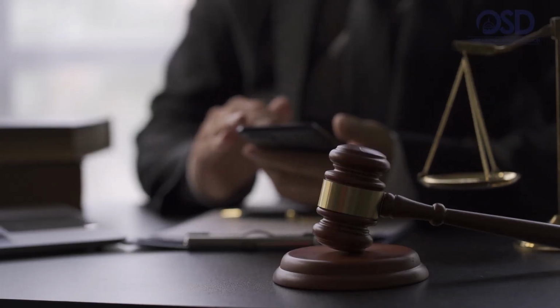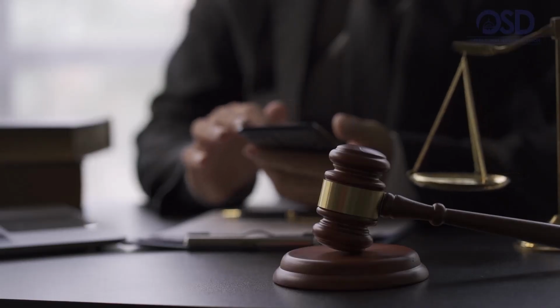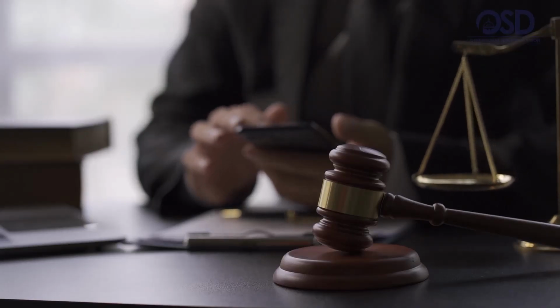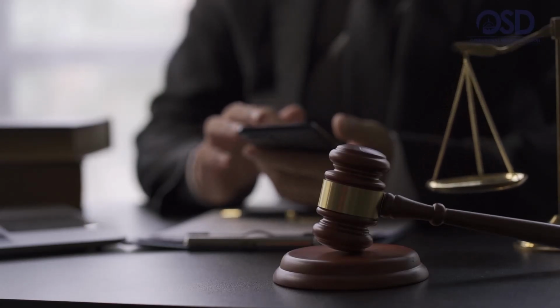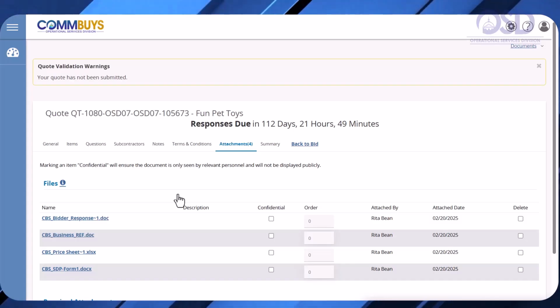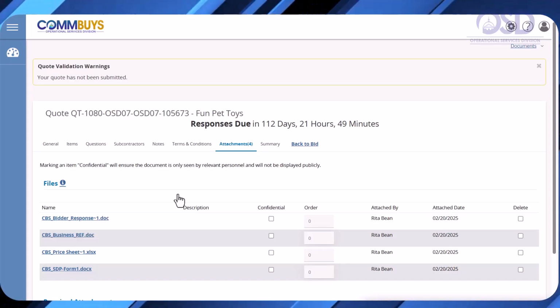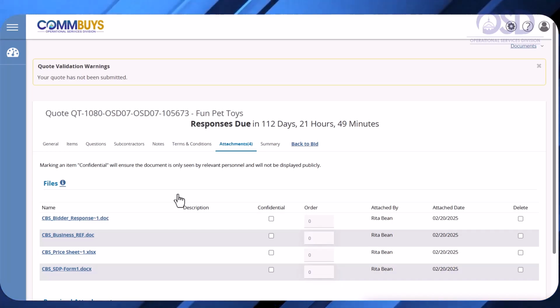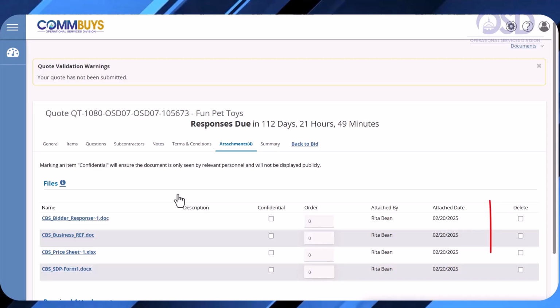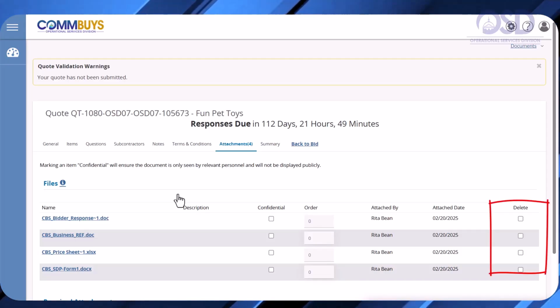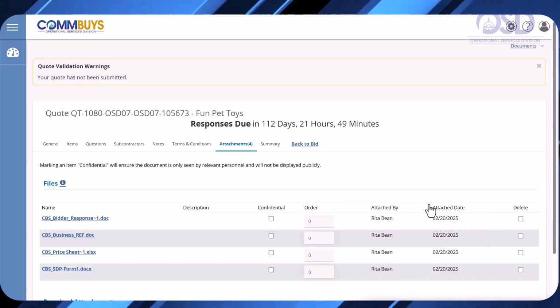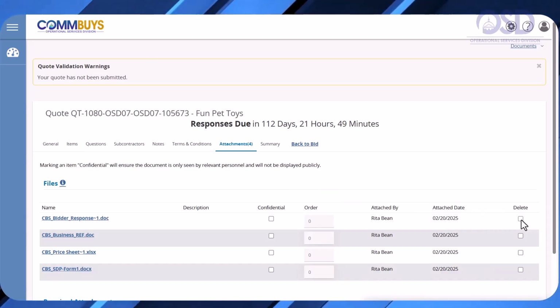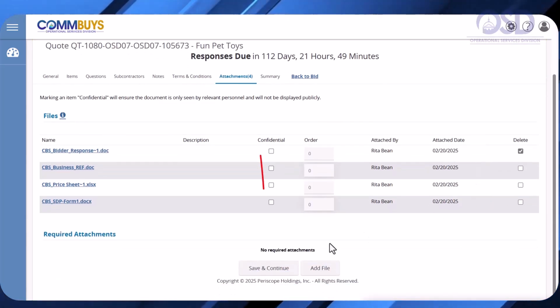Once a contract is in place, non-exempt information will not remain confidential. If in reviewing your attached files, you notice a mistake, perhaps a duplicated uploaded file, deleting is easy. Simply select the delete box corresponding to the file you wish to remove, then click Save and Continue at the bottom of the page.